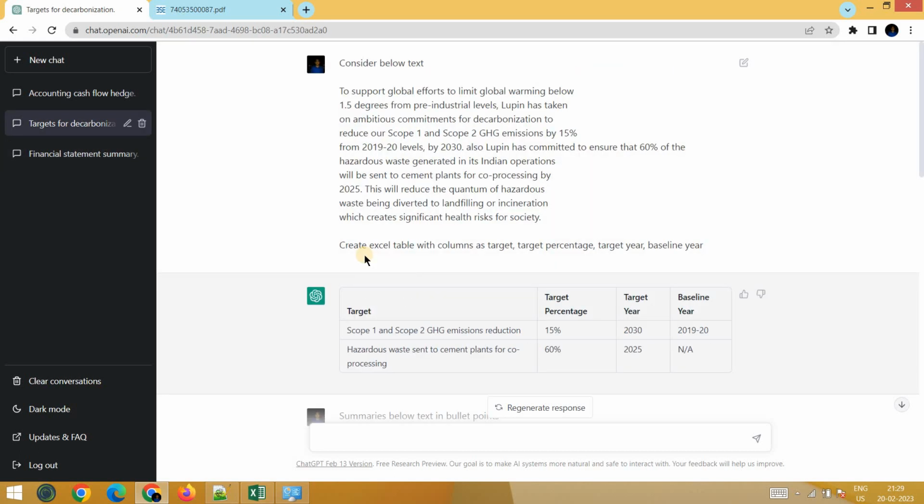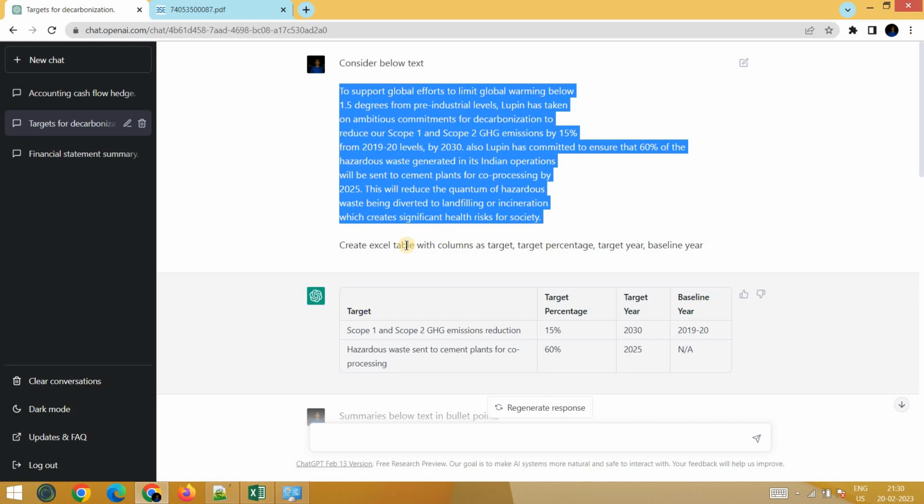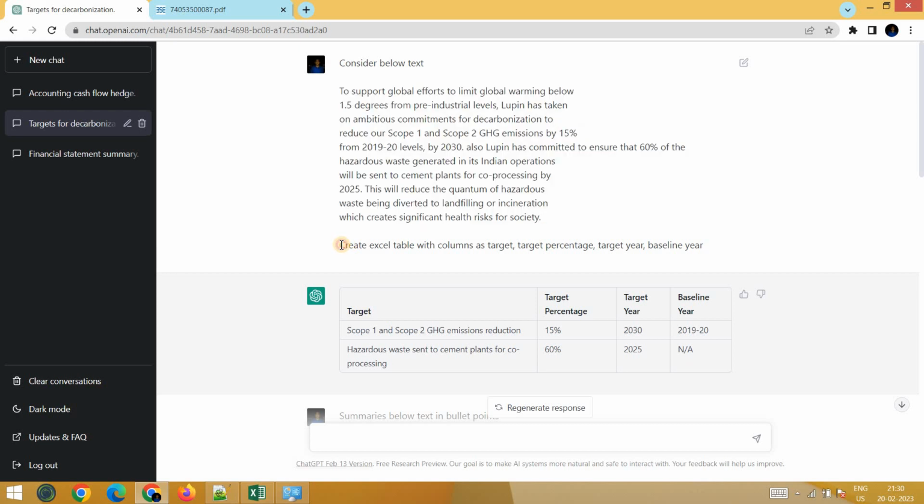All right. Let's understand the second use case. Sometimes we have a long paragraph and the information lies within that paragraph and we want this information in a particular table format. So consider this text where it contains a target percentage, target year, and a baseline year. Now, I can simply ask ChatGPT to create an Excel table with columns as target, target percentage, target year, and